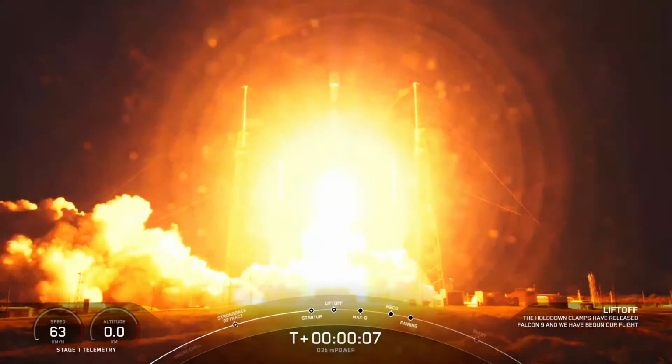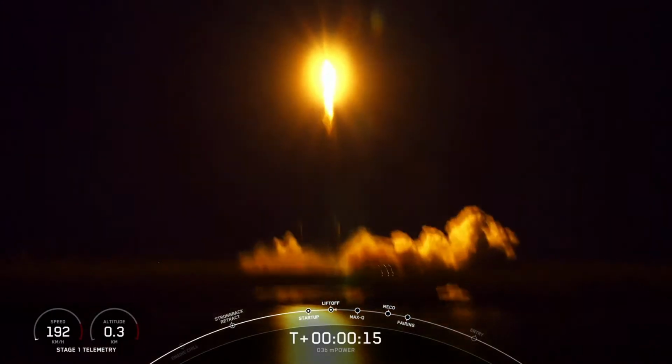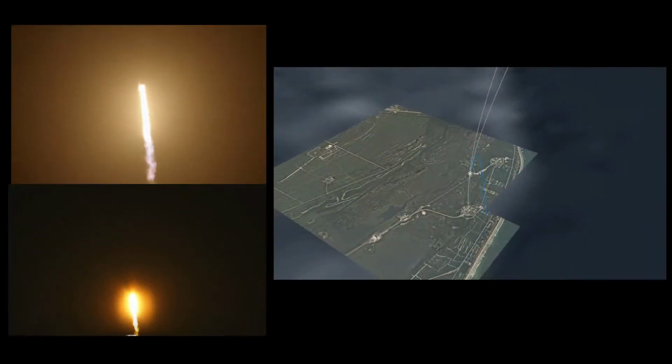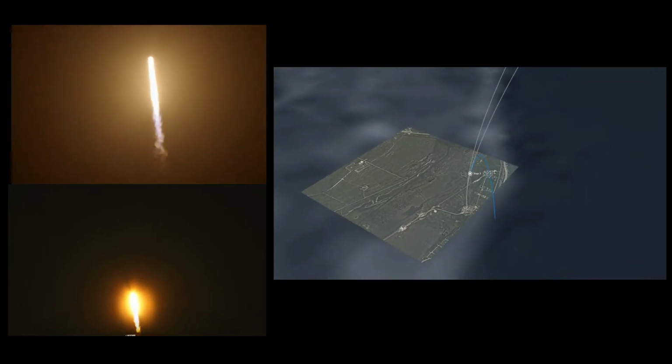Go Falcon 9, go SES. Liftoff confirmed. Vehicle's pitching downrange. Vehicle is successfully pitching downrange. M1D chamber pressure nominal. Chamber pressures are looking nominal right there. There we go. Successful liftoff of